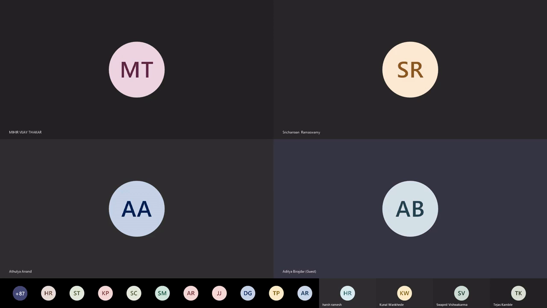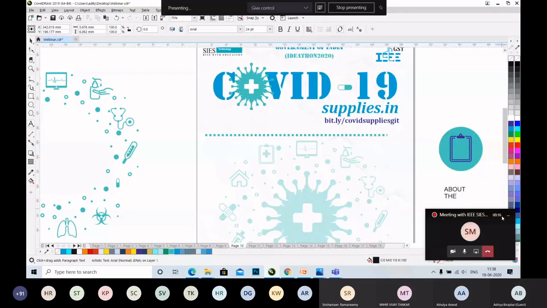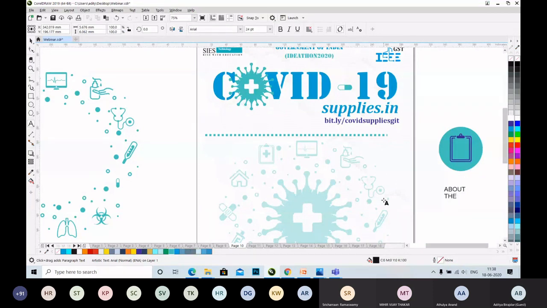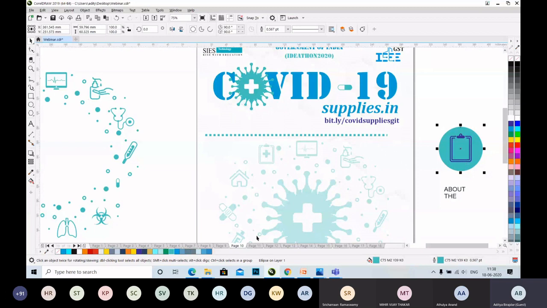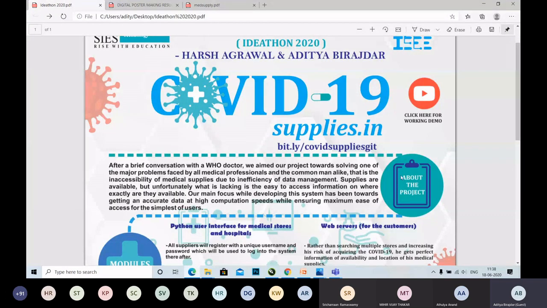Sorry, there was a technical glitch over here. To show a pathway, we will first make this dotted line, and we will not be looking for any other color from now on. Give it color green by using the eyedropper over here. Fill this circle with green. Place this pad inside it. As you can see here, we are trying to do this.